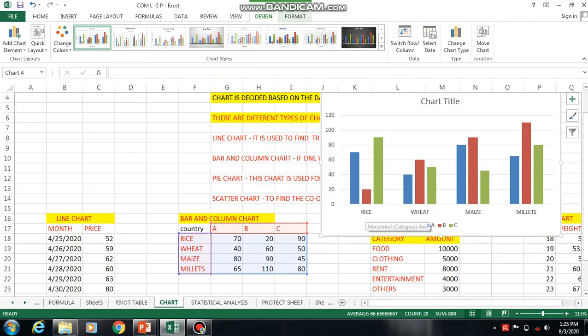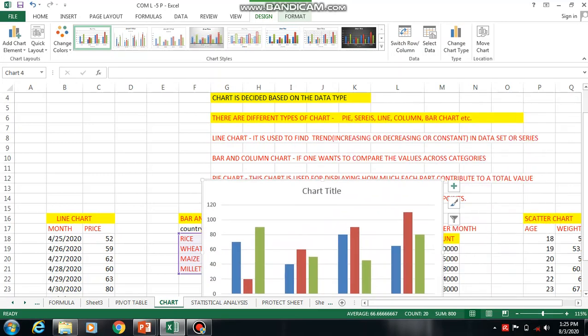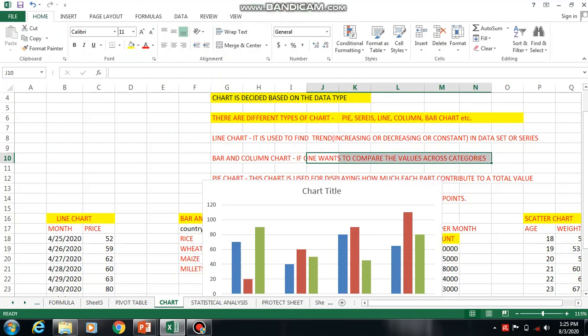Rice is a crop, and in this crop we are comparing three countries A, B, C. Similarly, wheat is a crop, and in this we are comparing the three countries A, B, C. So this bar chart or column chart is used to compare the values across categories. This is an example.